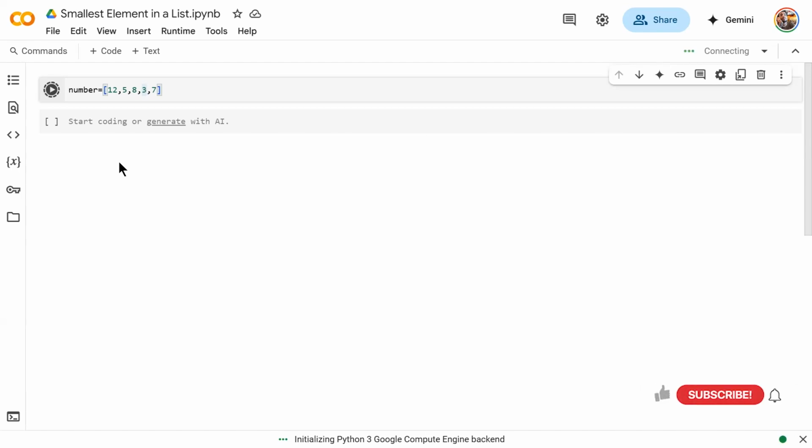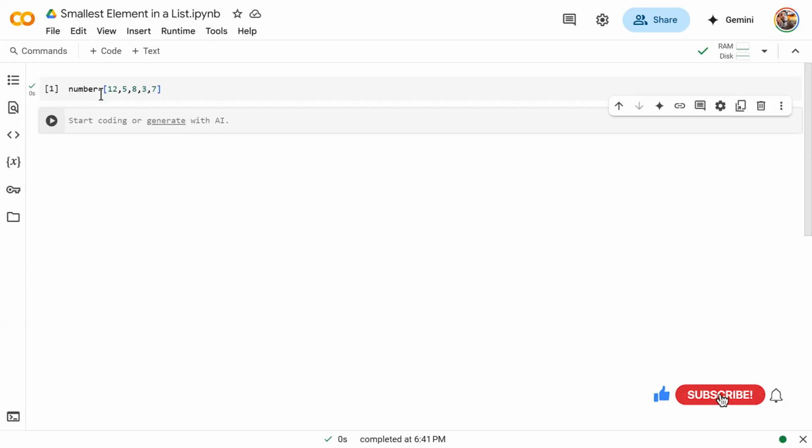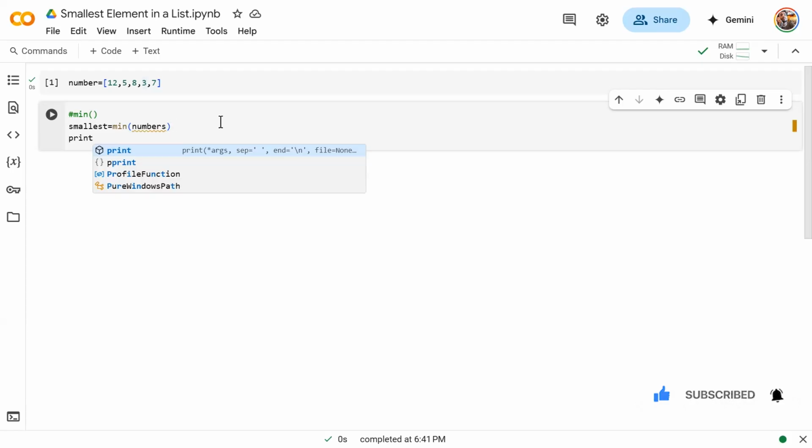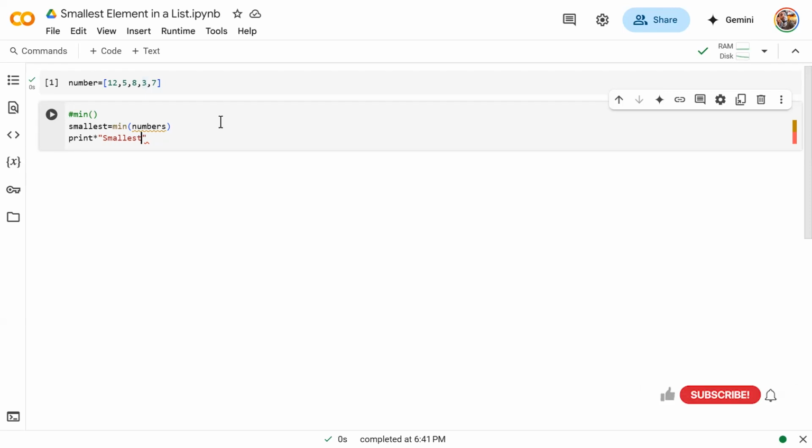So there are different ways to solve this problem, and the first approach we are going to use is the min function, that is a Python built-in function. So let's implement this method. smallest number is equal to min of the numbers. We are passing the list inside this function and then print smallest number is,